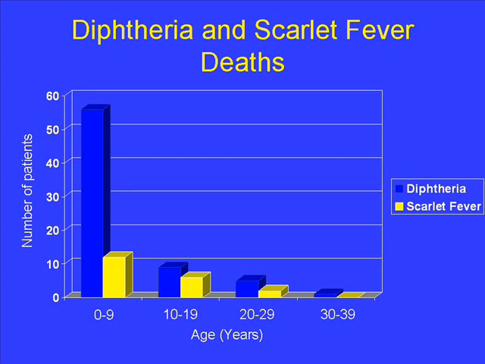The mortality rate in diphtheria for those patients admitted was about 4%. And that really was quite good. And that probably was a product of the fact that the diphtheria antitoxin had become available in 1895 and was being used in the treatment of diphtheria as long as they saw the patient early in the course of their therapy. The mortality due to scarlet fever was about 2%.